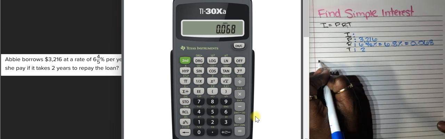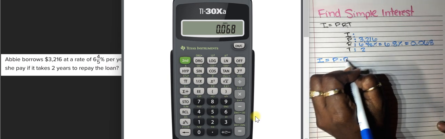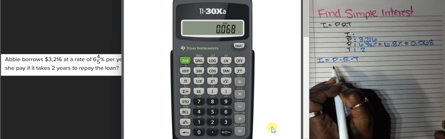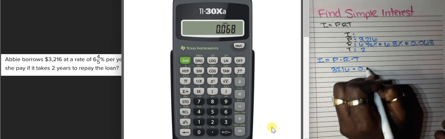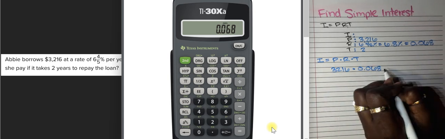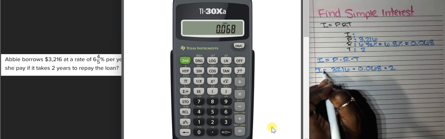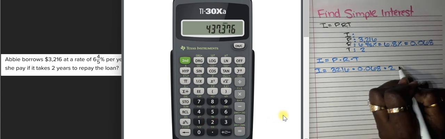All right, so now we're going to fill in our information here. Interest is equal to the principal times the rate times the time. For the principal we have 3,216. For our rate we have 0.068. And then we have our time, which is 2 years. We're just going to multiply all of those together to see what we get. So we've got 3,216 times 0.068 times 2, which gives me